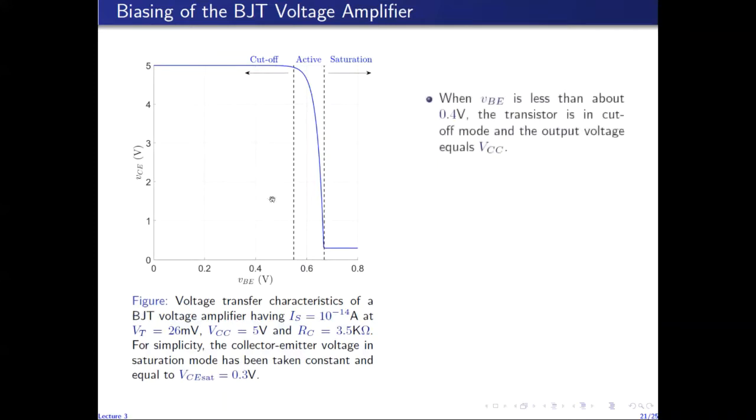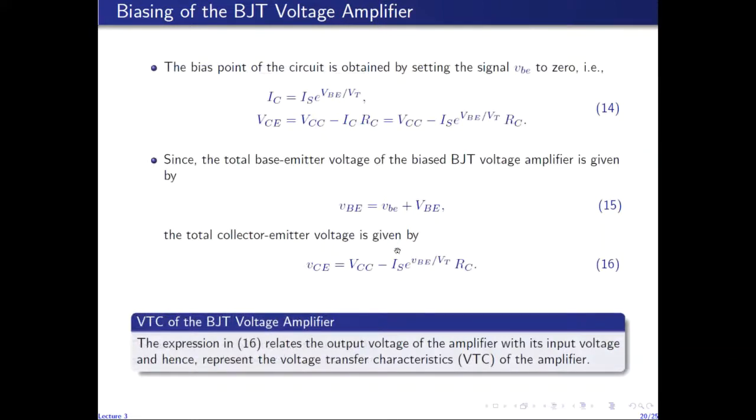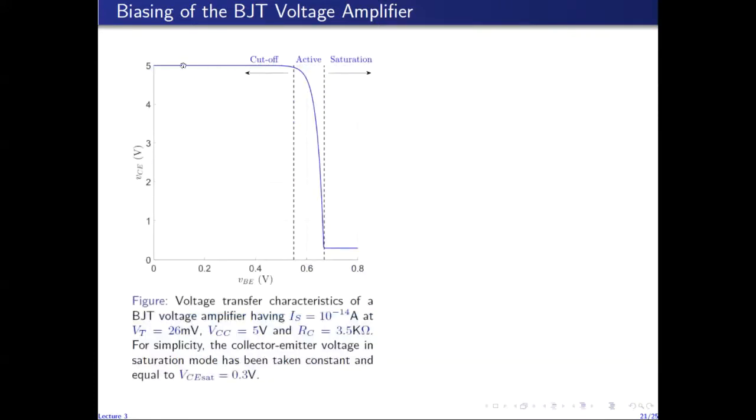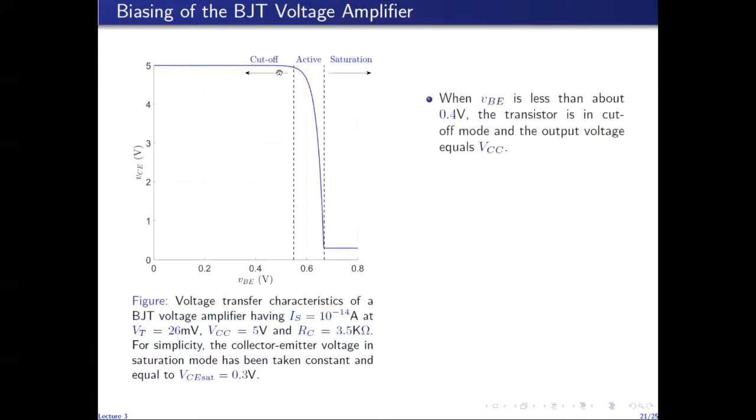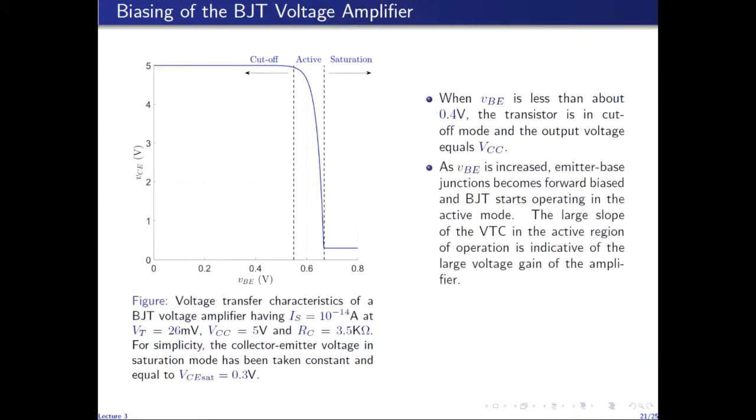As can be seen in these characteristics, when VBE is less than about 0.4 volts or so, the transistor is in cutoff mode because the emitter-base junction is essentially reverse biased. When there is no current through the transistor, this term is 0, which means that the output voltage is equal to VCC, a constant. As the base-emitter junction voltage is increased, the emitter-base junction becomes forward biased,